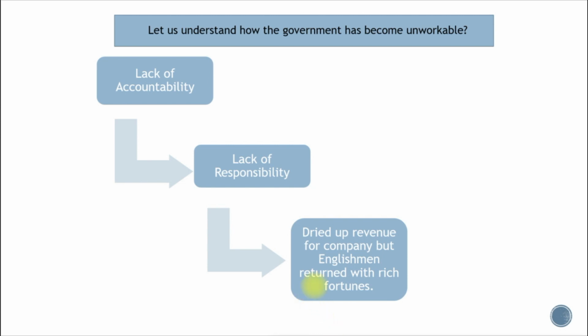However, the directors of the company found out that the Englishmen who served the company in India were returning home with rich fortunes. Hence, the company felt concerned about it and determined to fix the problem. So in 1772, they abolished the dual governance system and appointed Warren Hastings as Governor General to discipline the proceedings in Bengal. Then started a large number of administrative, judicial, revenue and commercial reforms.